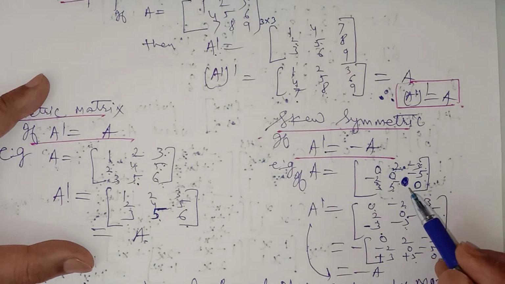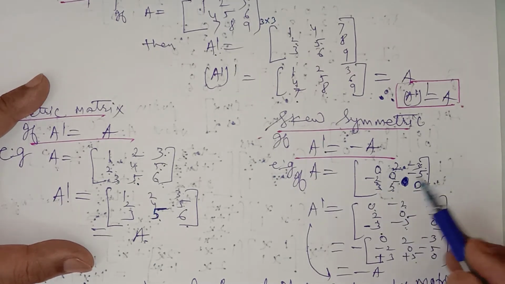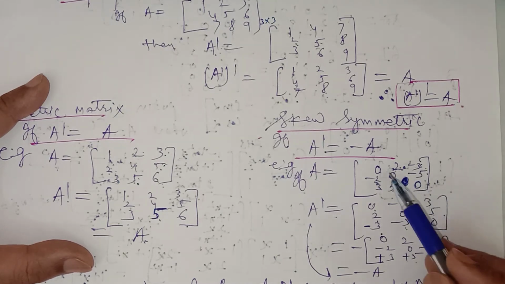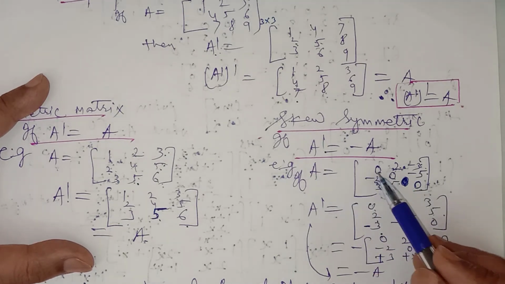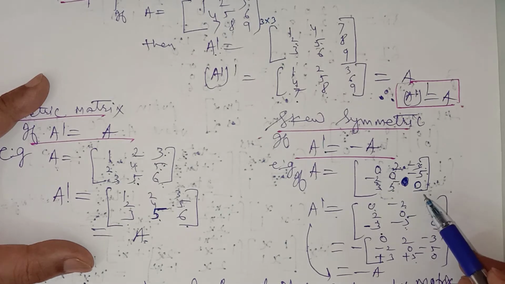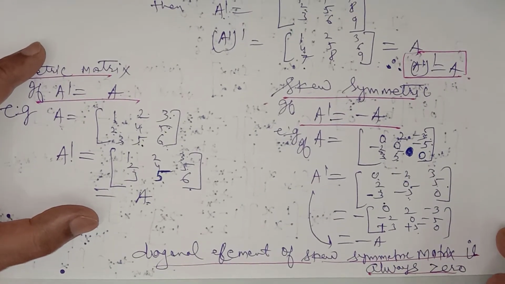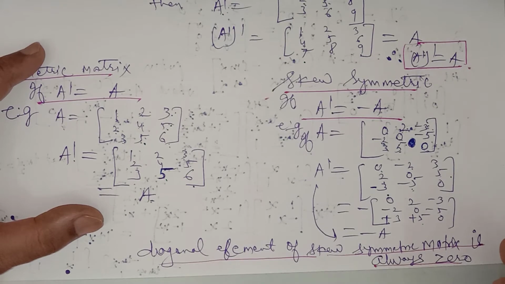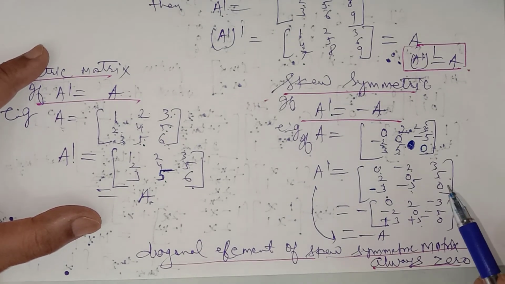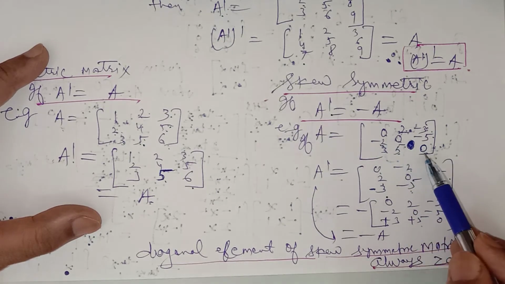Now see the order of the placement of the elements in this very carefully. I have taken an example in which all the diagonal elements of this skew symmetric matrix are 0. You should learn that all the diagonal elements of a skew symmetric matrix are always 0. We'll prove it later on, or you can see it in your NCERT book, where it is written. So why are all the diagonal elements 0 in a skew symmetric matrix? So always put 0 on the diagonal.